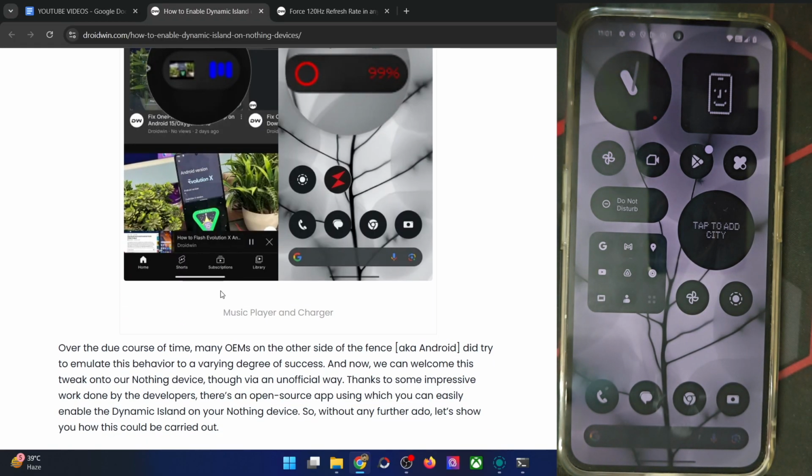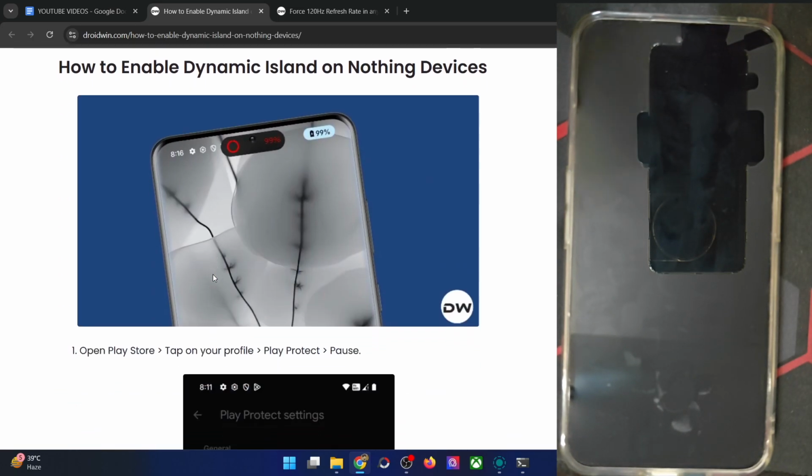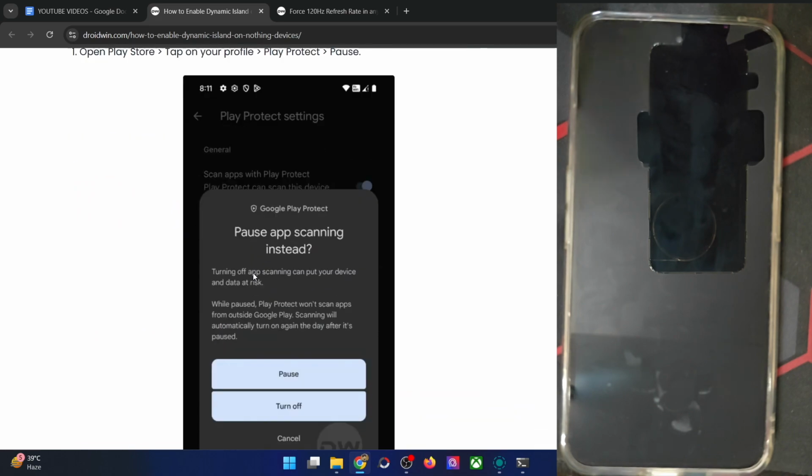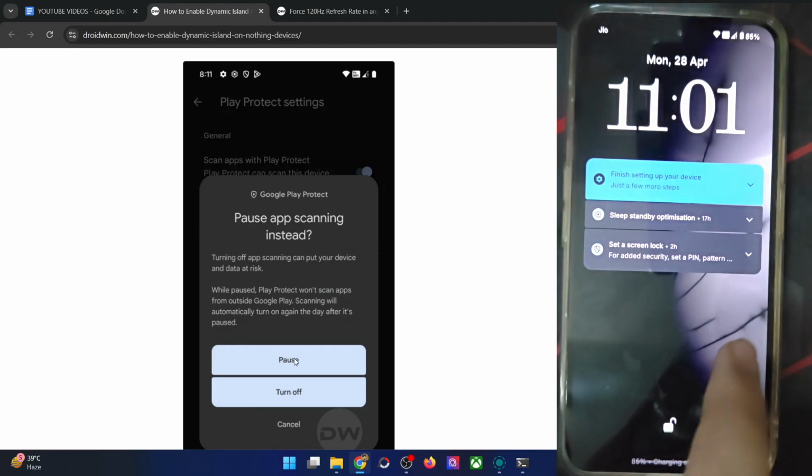So with that said, there is just one drawback of this app, and that is before installing the app, you will have to turn off the Google Play Protect. This is a must. If you are not satisfied with this, then there's no other way out. You will not be able to install the app. After installing the app, you may then enable it again. So on that note, let's get started.